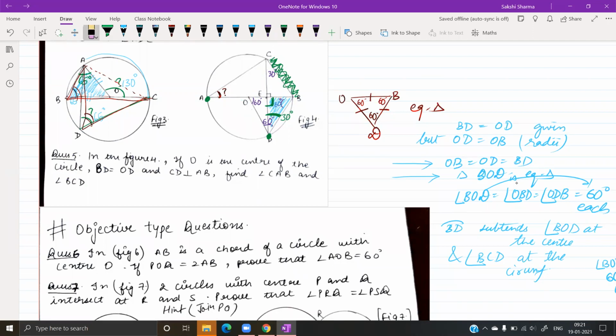Right now we are just considering this, that chord BC is subtending one angle at the circumference at point D. एक angle बन रहा है BDC. So this angle, the one we just calculated as 30 degrees. Same chord एक और angle बना रही है circumference पे. So अगर same chord circumference पे दो angles subtend कर रही है, तो वो दोनों angles equal होंगे. एक यहाँ पे बन रहा है और एक इधर बन रहा है. Angles in the same segment, these two will be equal. So you just calculated this one as 30 degrees, angle BAC will also be 30 degrees.